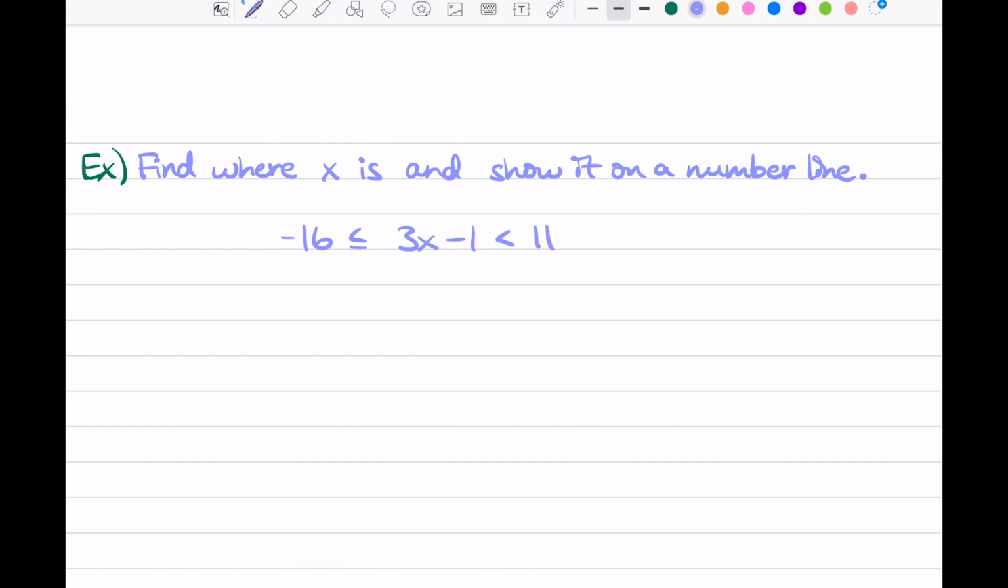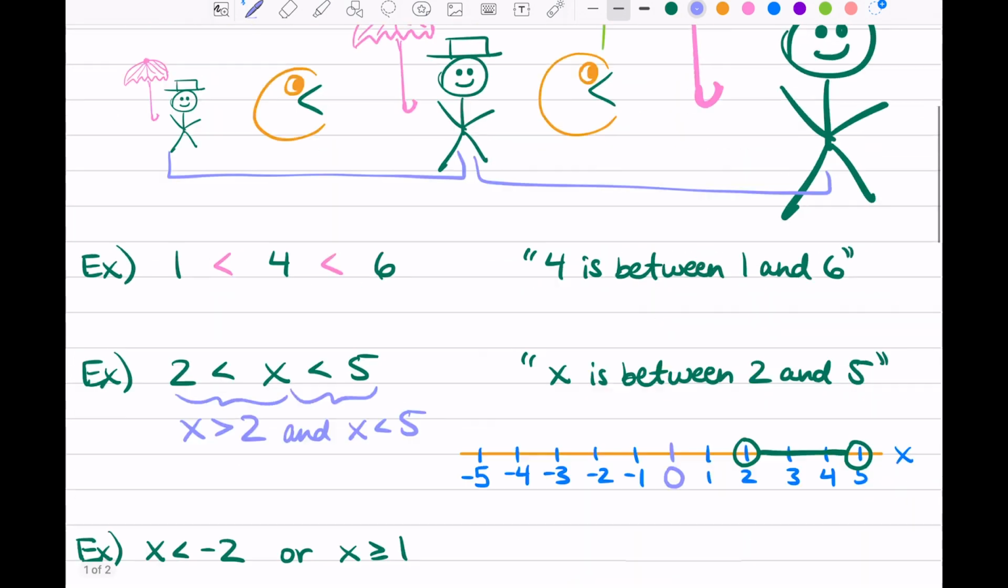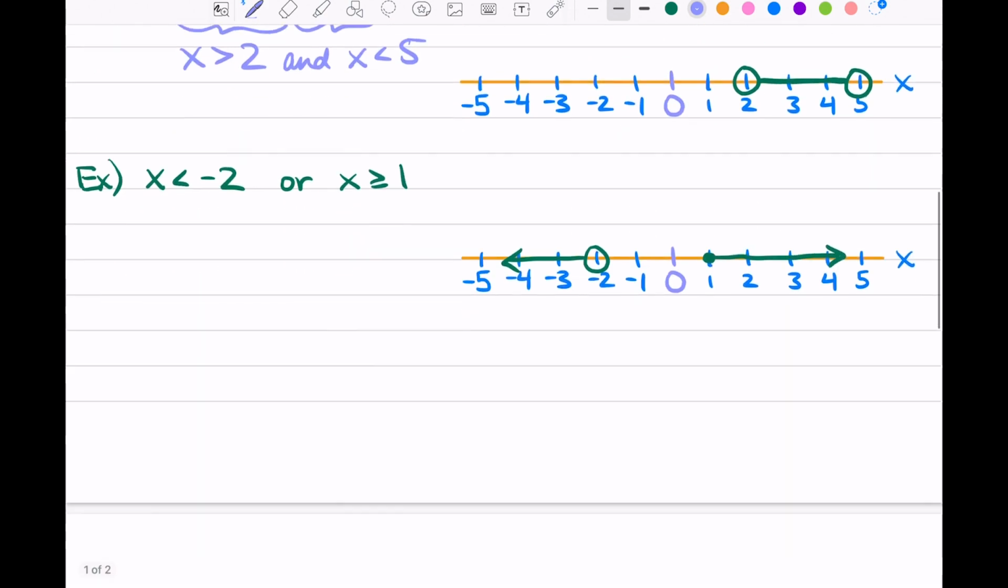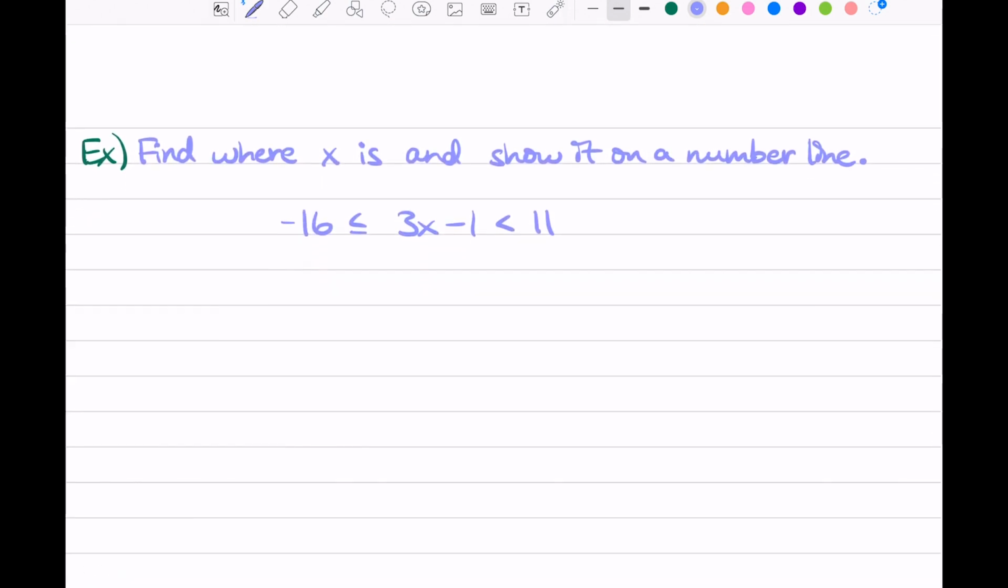All right, we kind of have that Carl, Joe, and Steve scenario, right? We have an order from smallest to biggest. It's a little messy, but we just have to find a way to get x by itself, and we do the same thing to all 3 sides to maintain both of these inequalities. So it's extending these ideas that we've learned just a step more. What can we do to get x closer to being by itself? We can get rid of that 1,